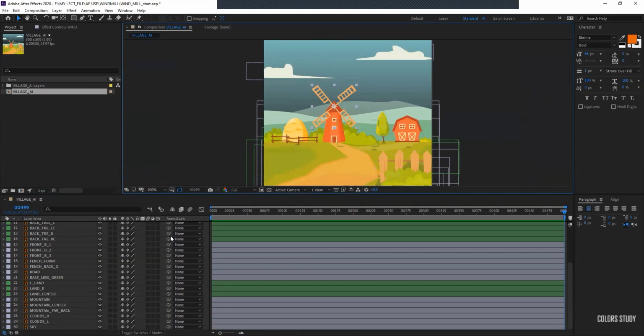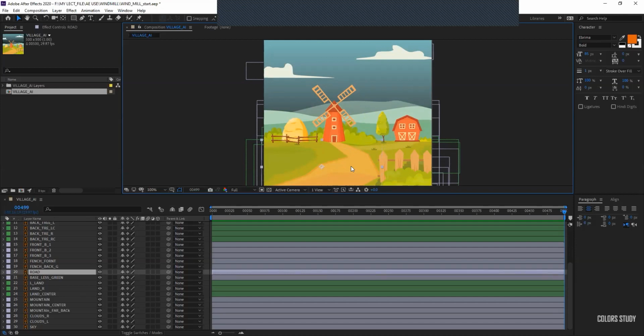What I really do when I have a project like this, I start from very basic. It's up to you how you want to approach. So I will approach like I want to reveal the ground first, then the grass area and so on. Then I will go to the mountain and the skies. As you can see, it automatically selects it.